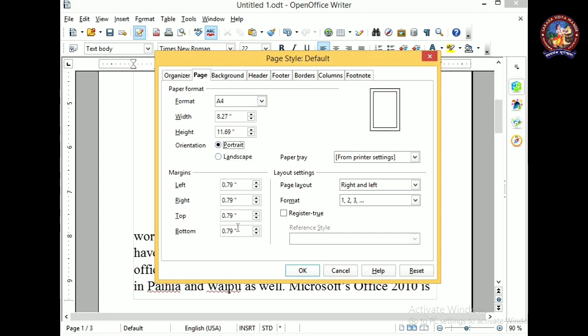Now the margins, these are very important. Margins means that in a text editor, in a page, you will have 4 margins: top, right, bottom and left. Generally all the margins are equal to each other. Like you can see here, automatically it is given 0.779. You can change the margin size at your wish. Like I am changing the left and right margin to 1, and the top and bottom I am making 1.5. Okay, so click on OK.